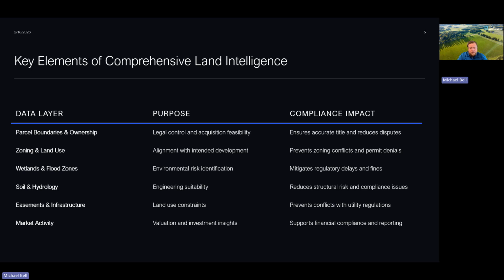Additional components such as easements, utility corridors, and infrastructure constraints help identify potential limitations on land use. Market activity and valuation trends offer insights into acquisition costs and investment potential, supporting financial planning. Now, with AcreValue integrating these elements into a unified platform, developers can perform holistic evaluations of candidate sites, balancing regulatory compliance, environmental stewardship, and economic viability.